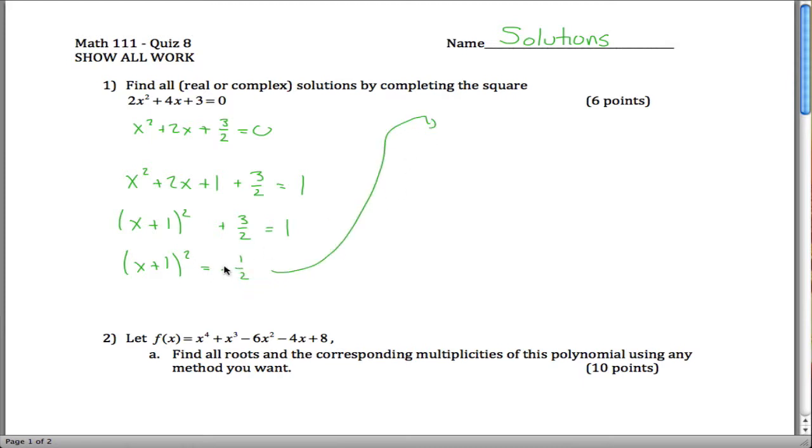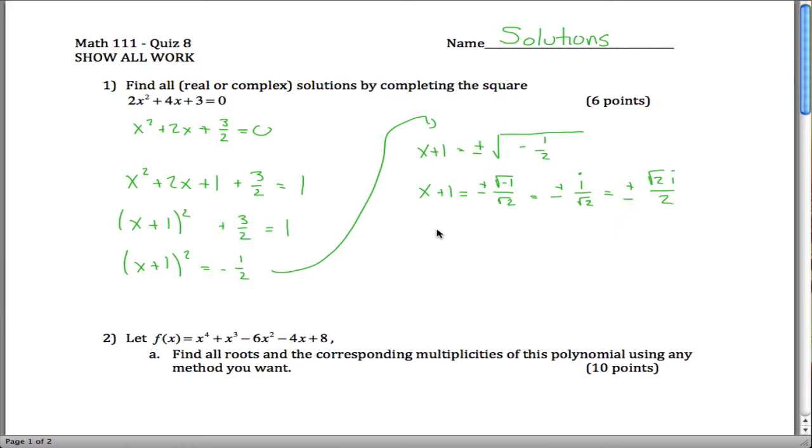So to solve this equation, take the square root of both sides of the equation. And I just have x plus 1 on the left, and on the right I have plus or minus the square root of -1/2. Which used to be a problem, but it's not anymore. This is the square root of -1 over the square root of 2, which is plus or minus i over root 2. Or you could even say it's plus or minus root 2 i divided by 2 if you want to